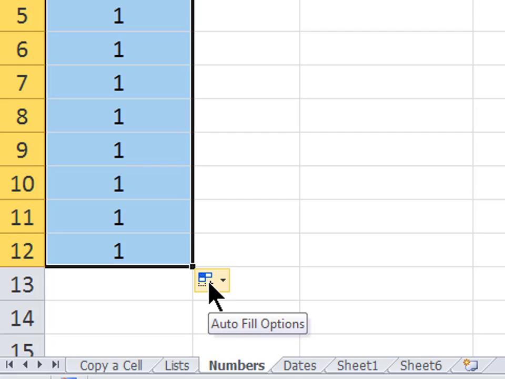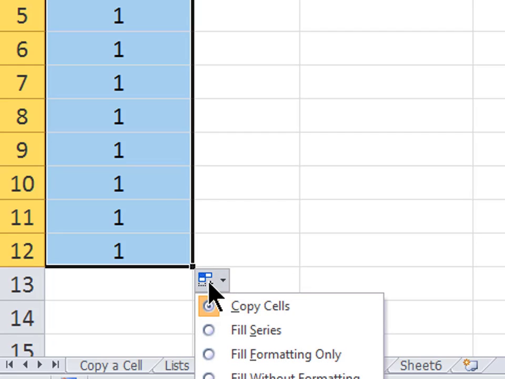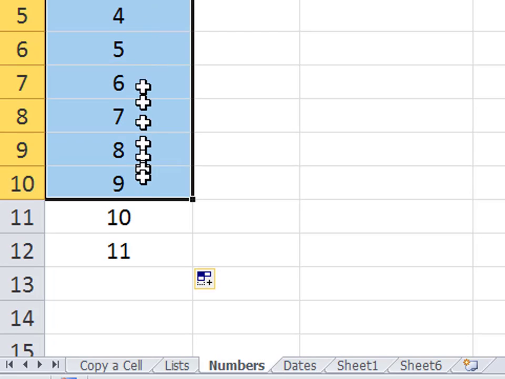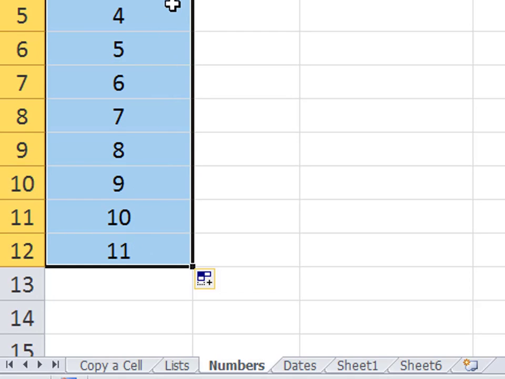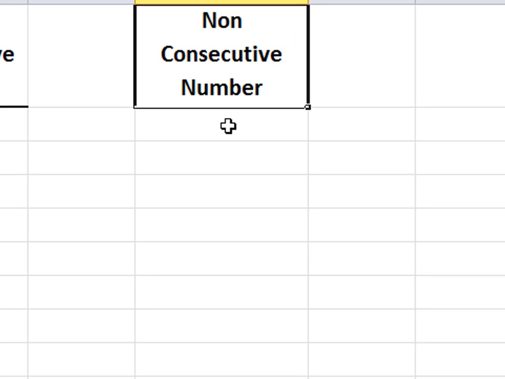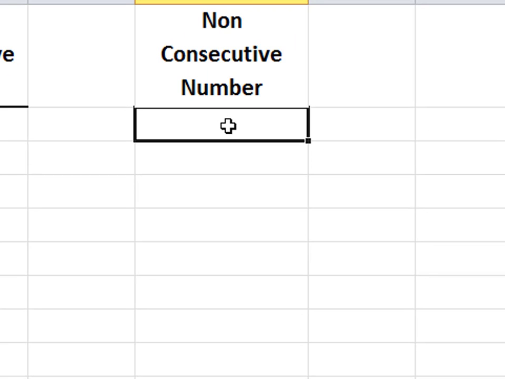This is called the AutoFill options. If you click on that, you'll notice that it did copy cells, but we want to fill the series. So when I click fill series, you notice now it actually filled this area with consecutive numbers. If I want to do non-consecutive numbers, like maybe odd numbers or even numbers, or every 5,